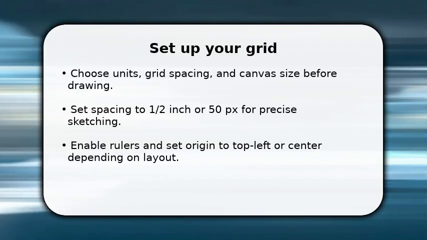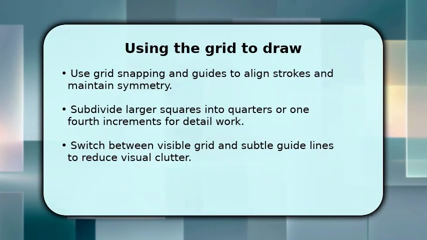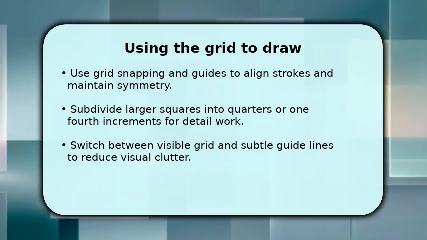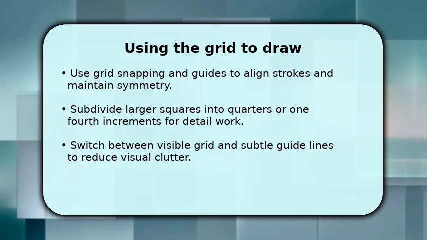Enable rulers and set origin to top left or center, depending on layout. Lock aspect ratio or choose a 16:9 canvas to match screen formats, and use grid snapping and guides to align strokes and maintain symmetry. Activate Snap to Grid to make straight lines and perfect circles follow your grid, then disable